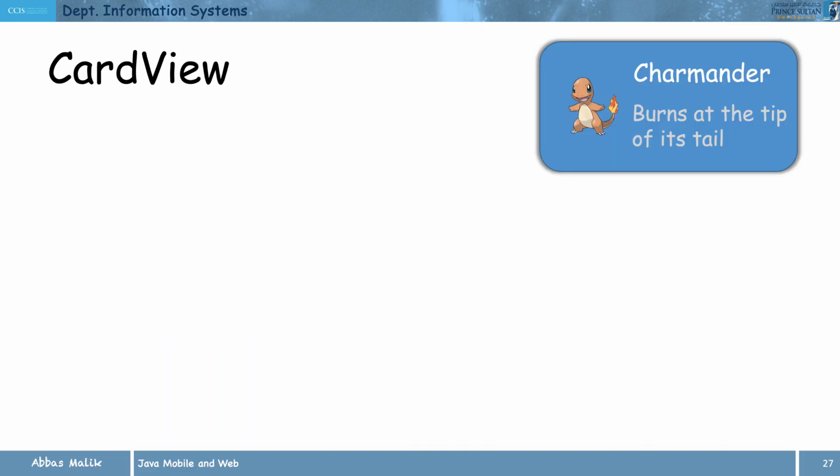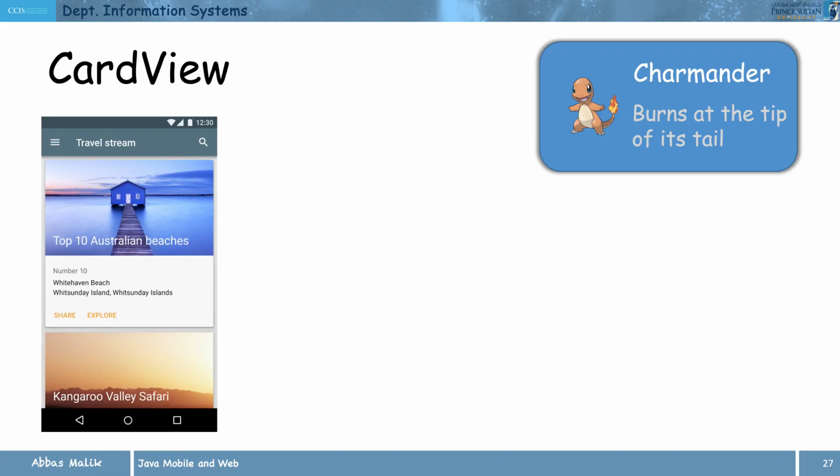We also have the card view. In the older versions, you have to import that library first, then you can use it, but in the latest versions, you don't need to. You can directly use it. By default, that specific library is already imported. And what is that? You can create a